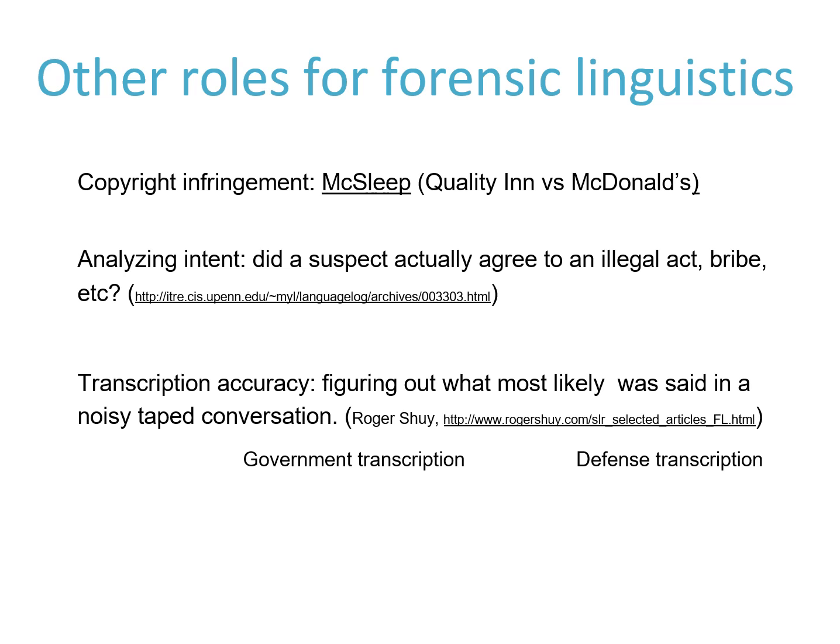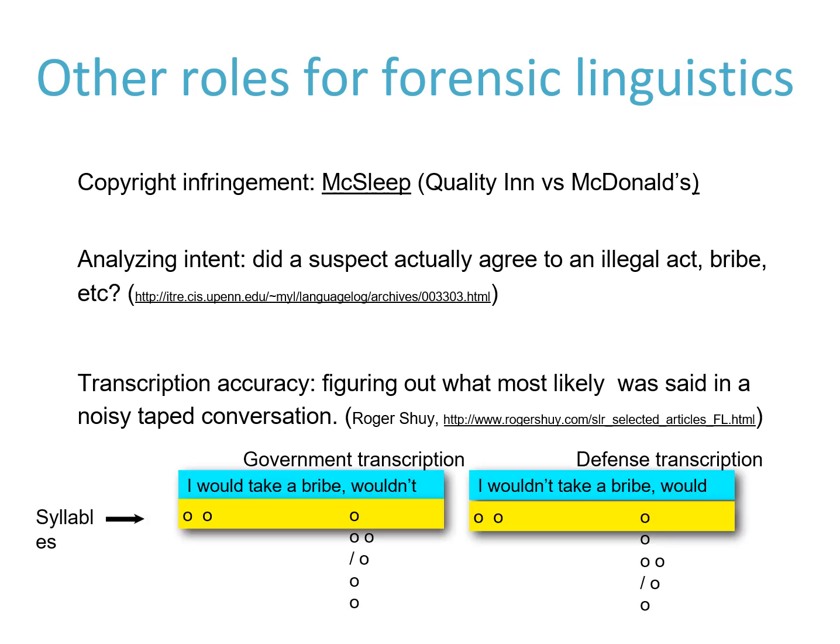And then there's also transcription. Figuring out what was most likely said in a noisily taped conversation. We can use things like stylometry and syllables to accurately transcribe text into a written form from a recording of spoken speech. So we can see an example here of how we would use syllables and stress in order to determine what was most likely being said